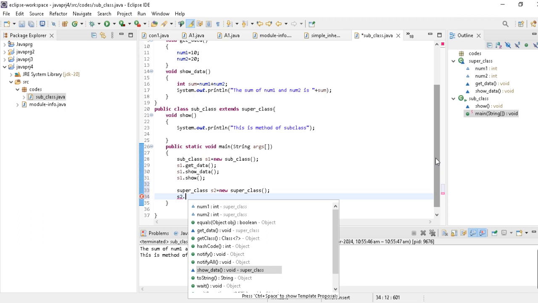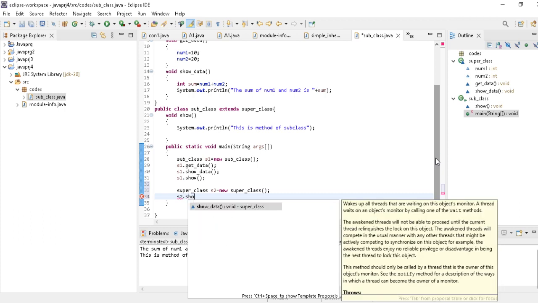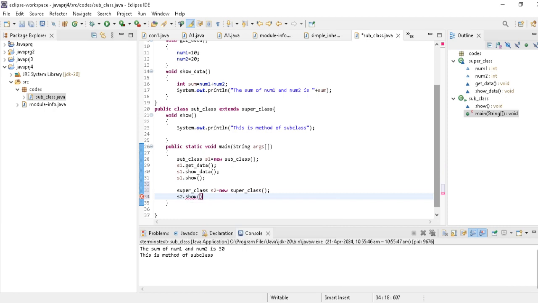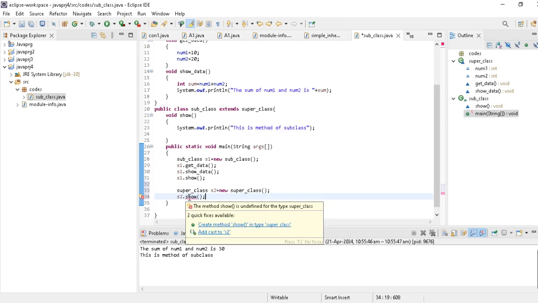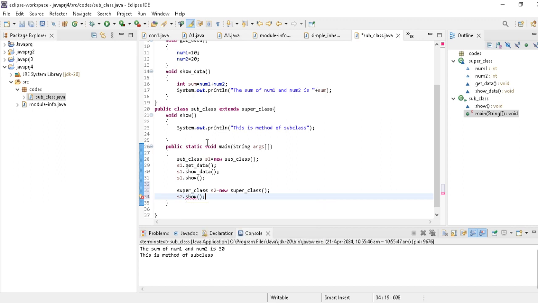Now you see that this show method from the derived class is not accessible from the base class. Here you see the error, the method show is undefined for type superclass, which means the subclass can access the properties and methods of the superclass, but the superclass cannot access the properties of the subclass.